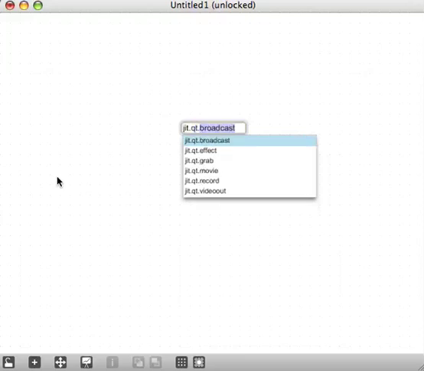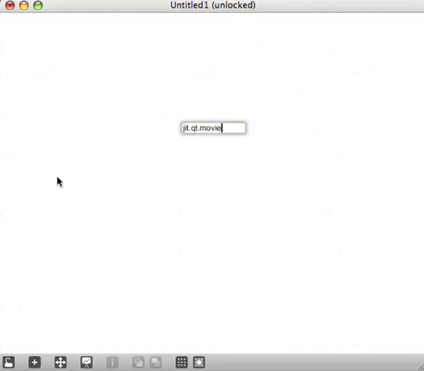QT dot movie. There's quite a few JIT objects, as you probably saw in that list, and all of the objects that start with the word JIT, J-I-T, all of these objects deal with video in some way or another. Okay, so if we release now to create our